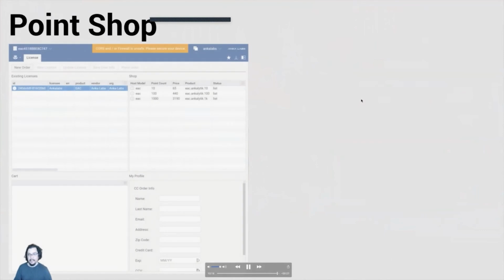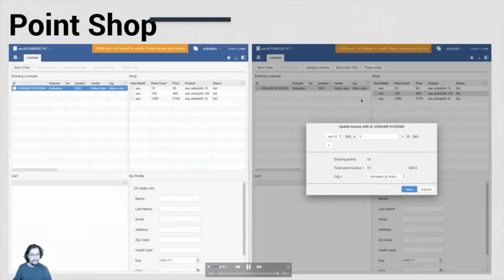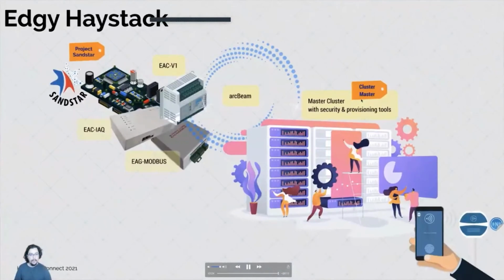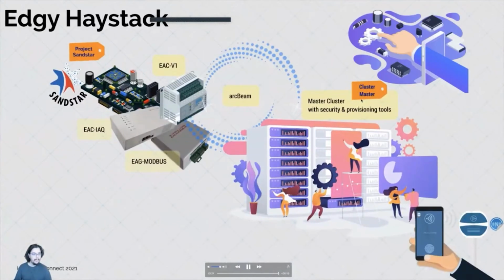The last and not the least, we have a point shop that is utilizing Haystack. You can basically create a new order, update a license. It utilizes Haystack in full in order to update the license. So looking back, we have basically manipulated silicon and Haystack. We touched all the way to the metal. So we have basically edge-to-edge Haystack, end-to-end Haystack in a secured way. Thank you.